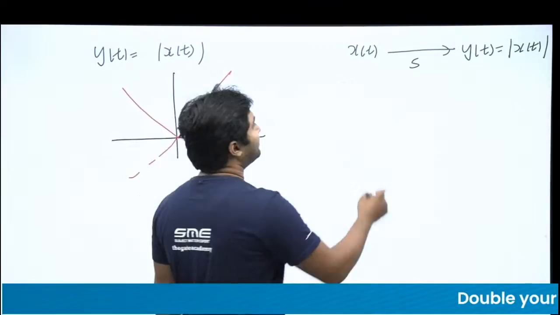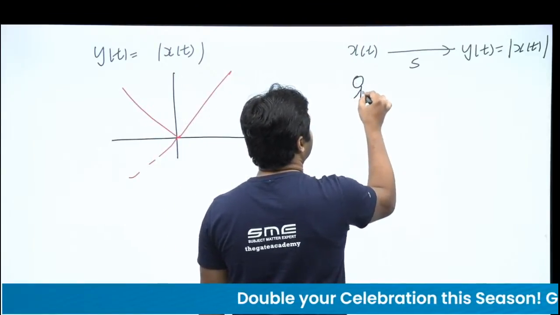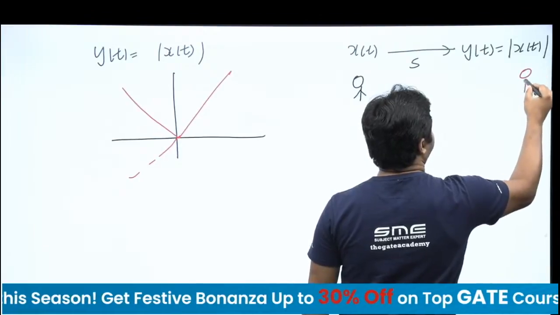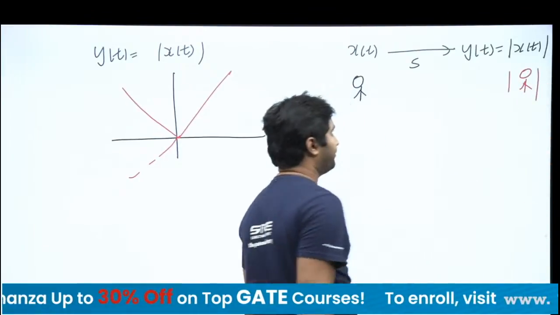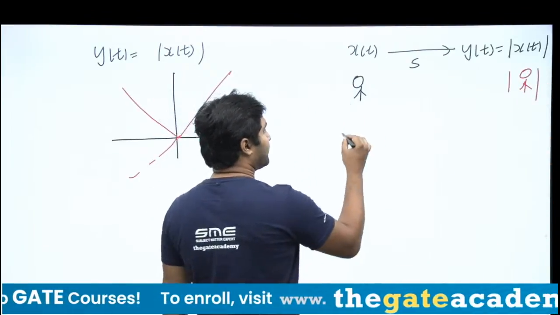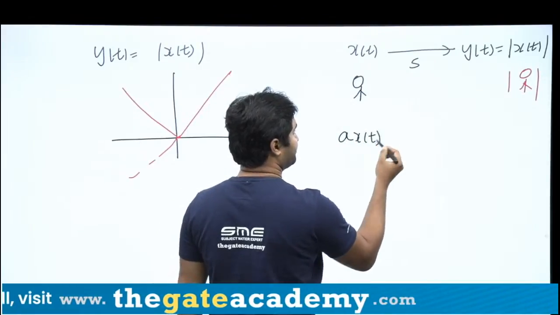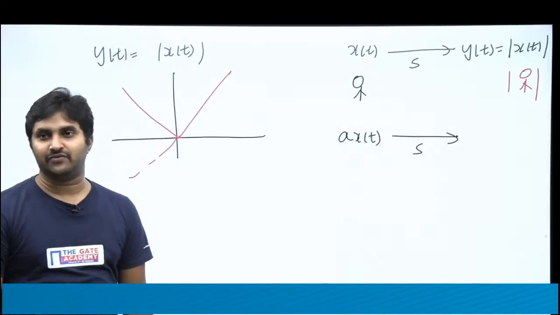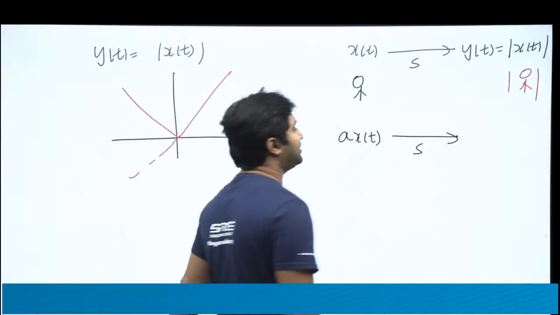It means whoever is standing here, it is just going to give the magnitude of it. If I give a into x of t as an input, I'm going to get the output